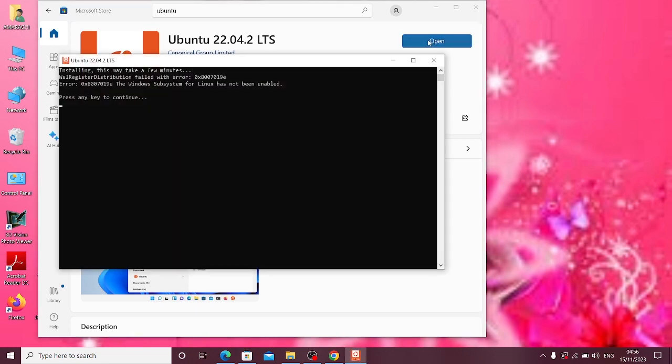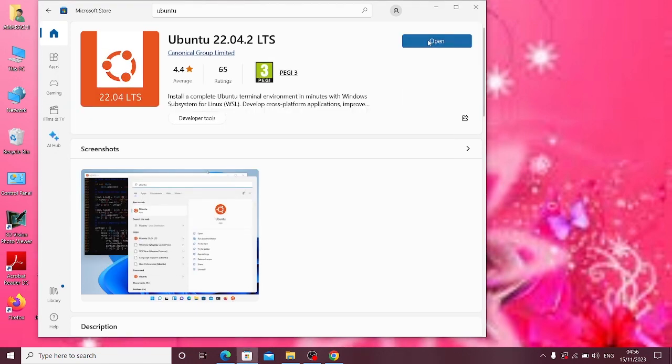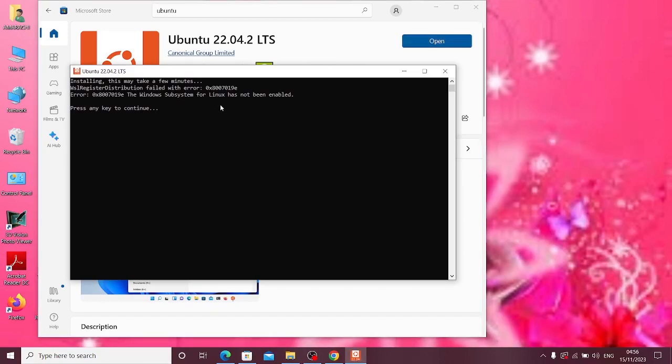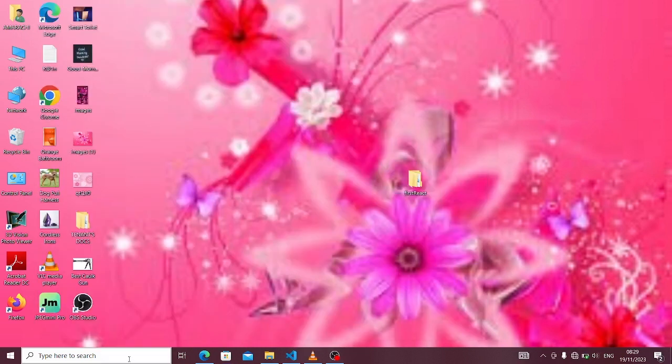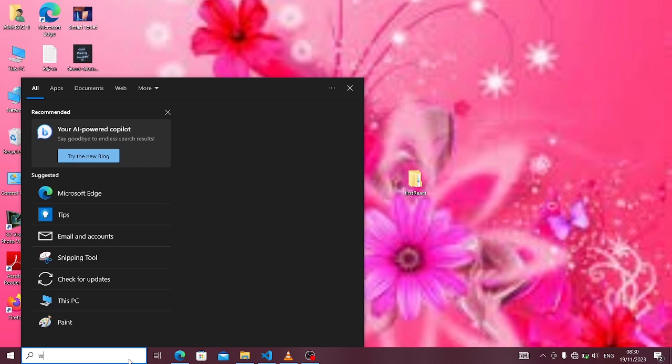For me, I noticed an error message: the Windows Subsystem for Linux has not been installed. If you get such an error, this is what you should do. You should go back to your desktop